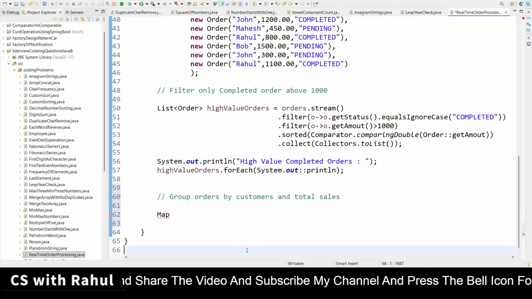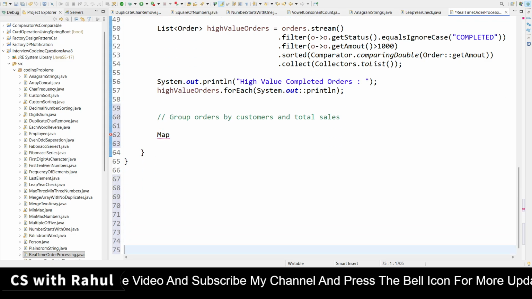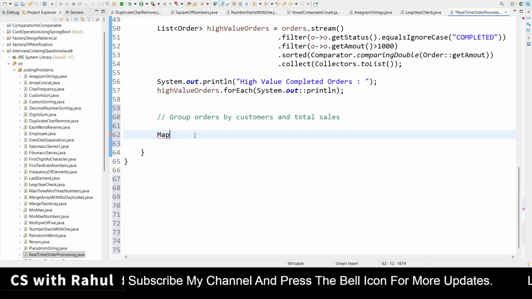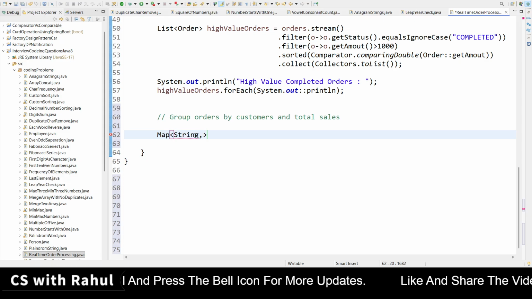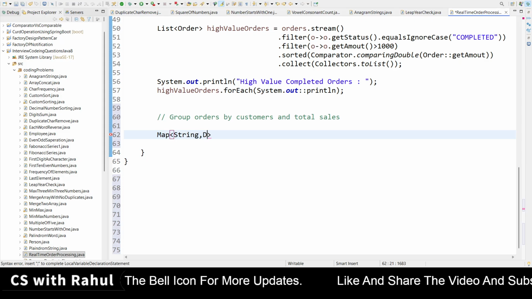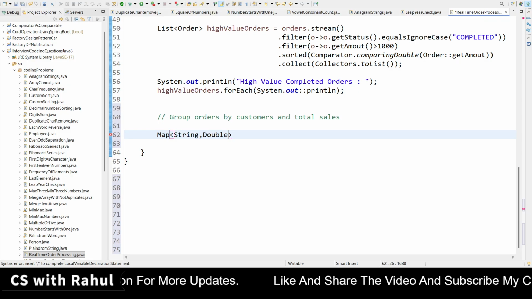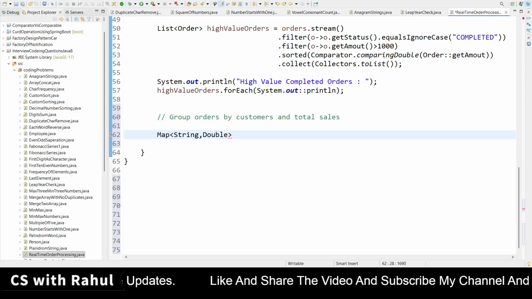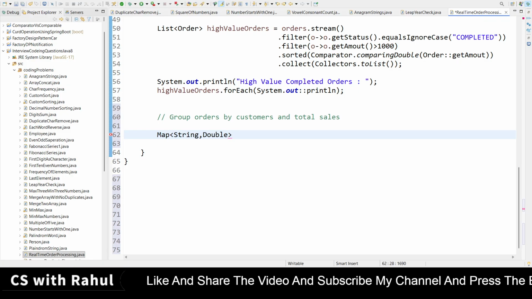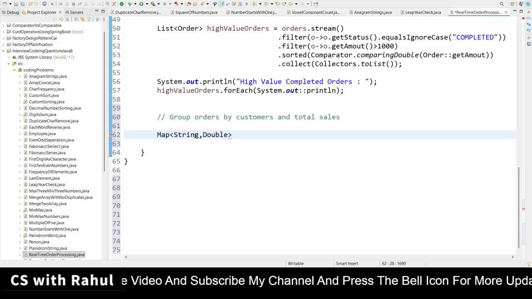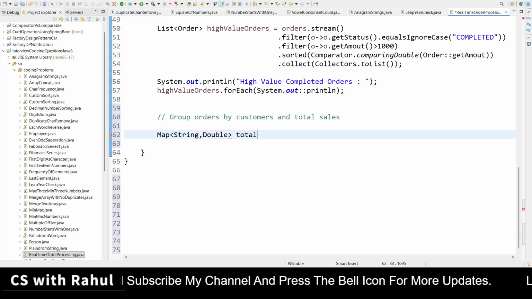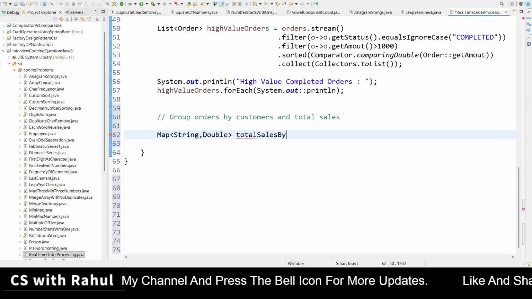Let me come a bit above. I am creating here a map with string type, means the customer name we will keep here, then double type its value. What value? Whatever the amount. Total sales by customer means we are grouping it.